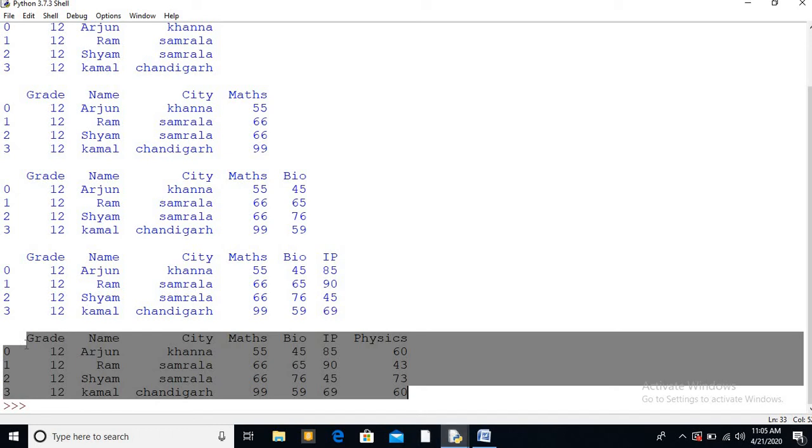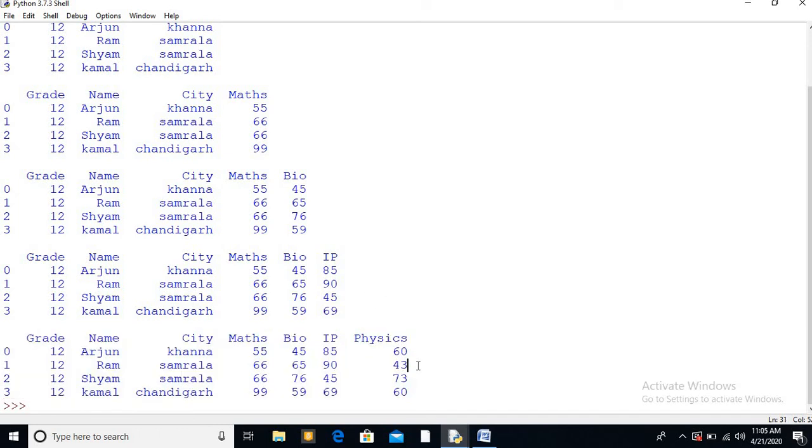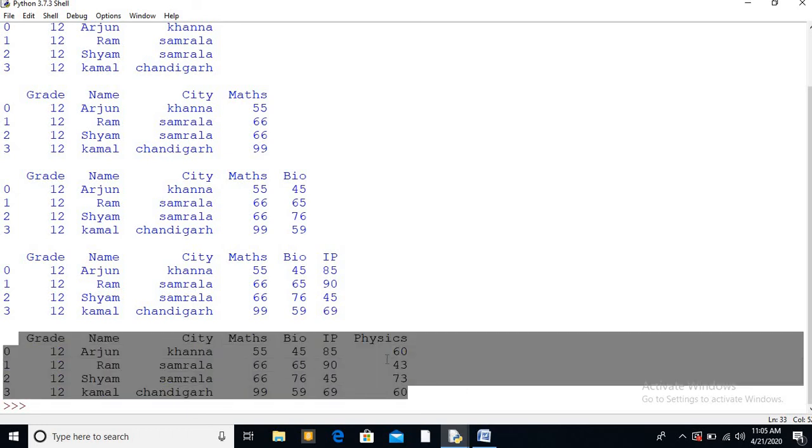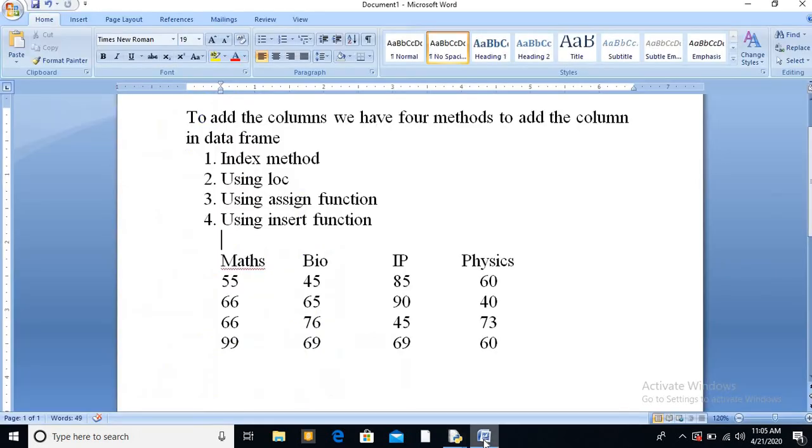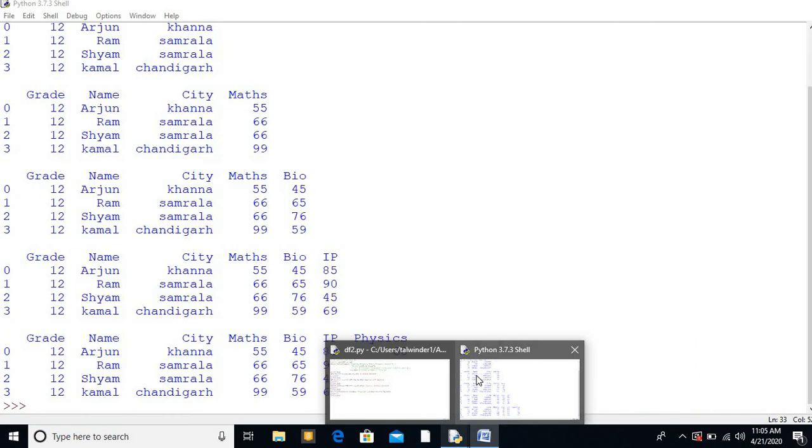Then as क्योंकि name, grade, city was earlier there. So math, bio, IP, physics ये मैंने add किए हैं using the different methods. Okay. तो ये देखो फिजिक्स भी इसमें ऐड हो चुका है 60, 43, 73, 60. So in that way you can add the columns in your data frame.